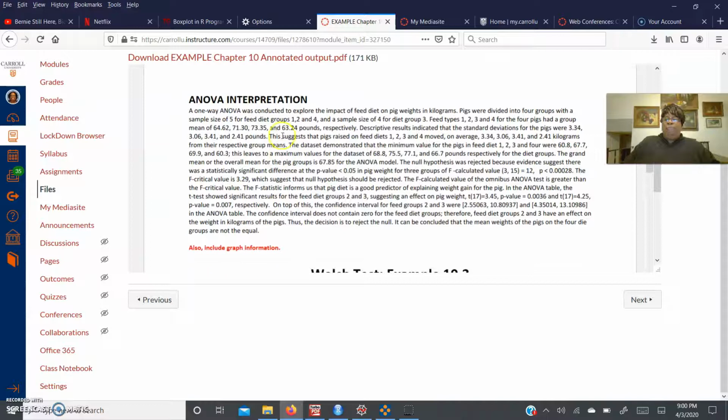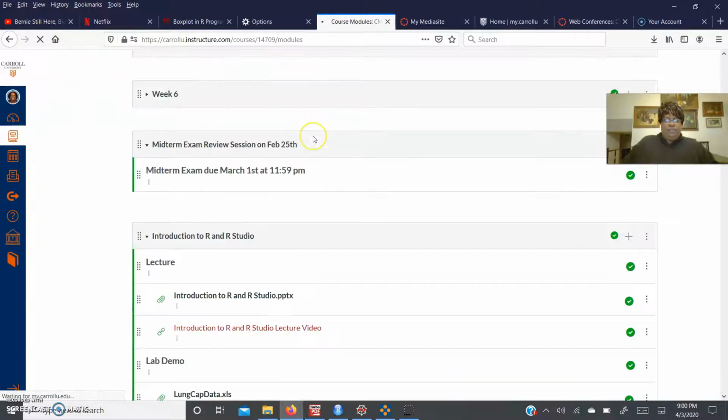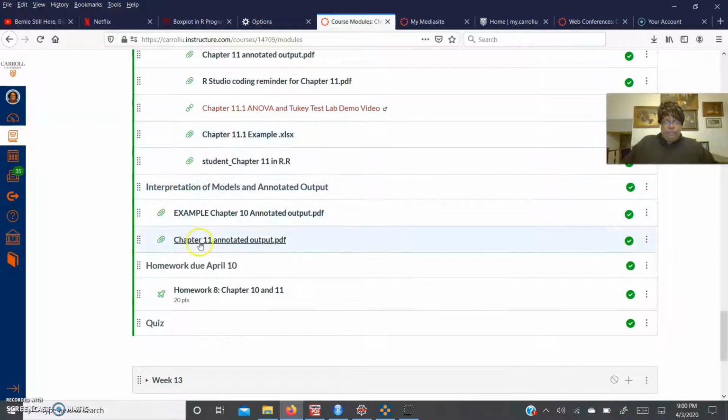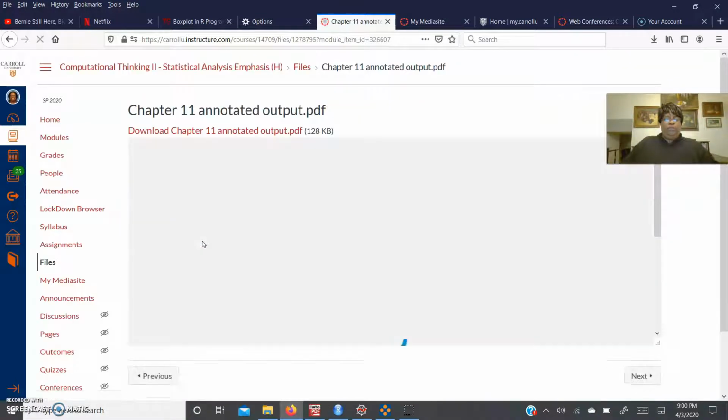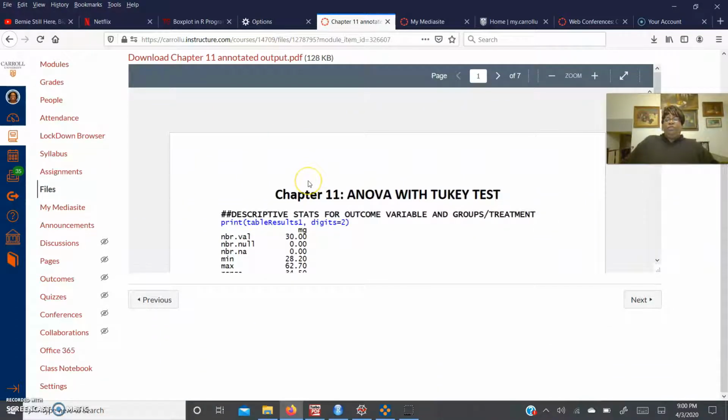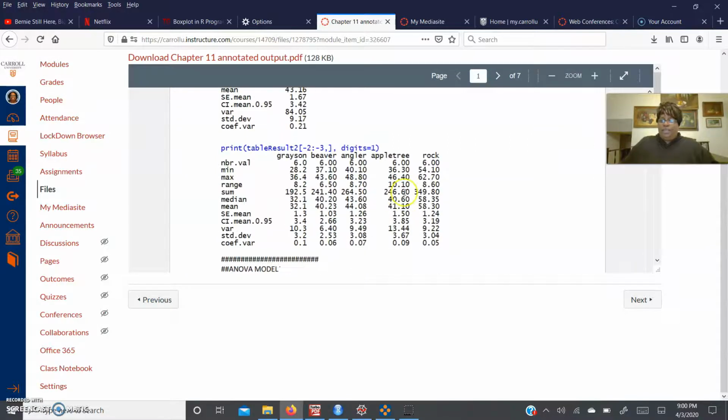So you have the annotated output not only for chapter 10, but also chapter 11. And let's see. And I can show you for chapter 11. Okay, chapter 11, you're using the ANOVA model with the Tukey test, the post hoc test, and